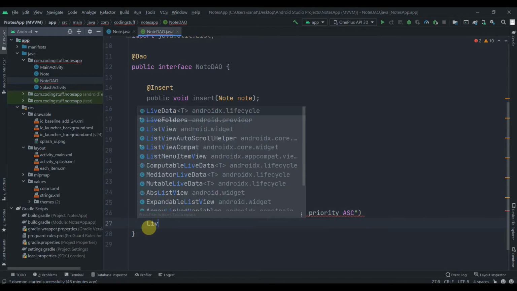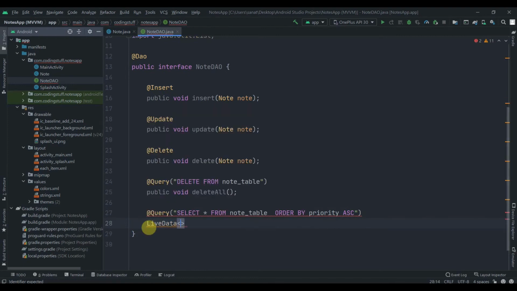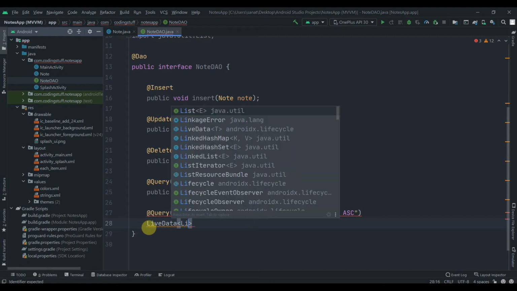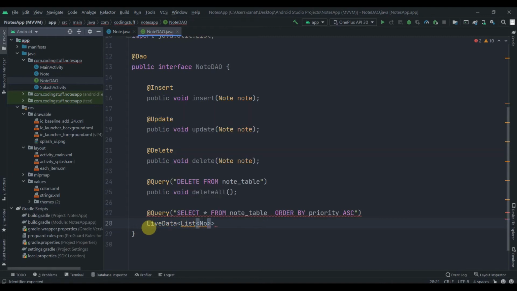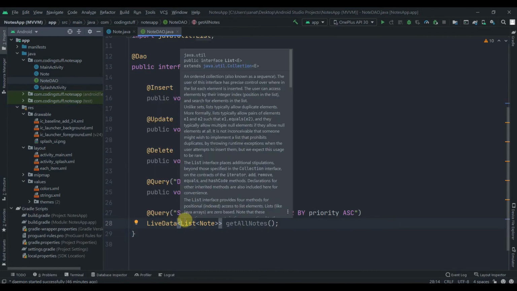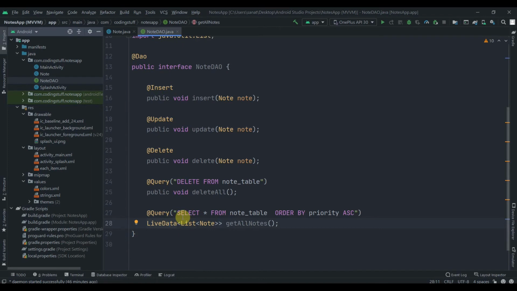So we'll write LiveData, and inside angle brackets we'll pass List, and then Note. Name this method getAllNotes. So LiveData is a wrapper which can hold any type of data like List and lots of other data types.